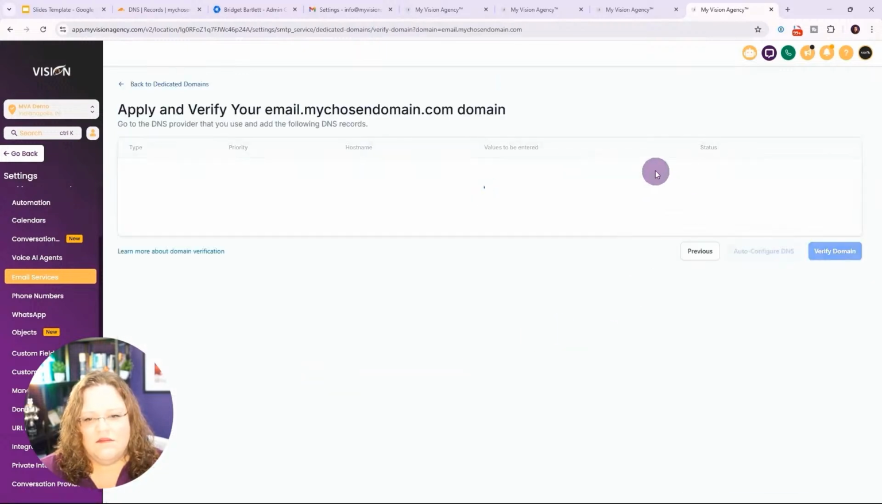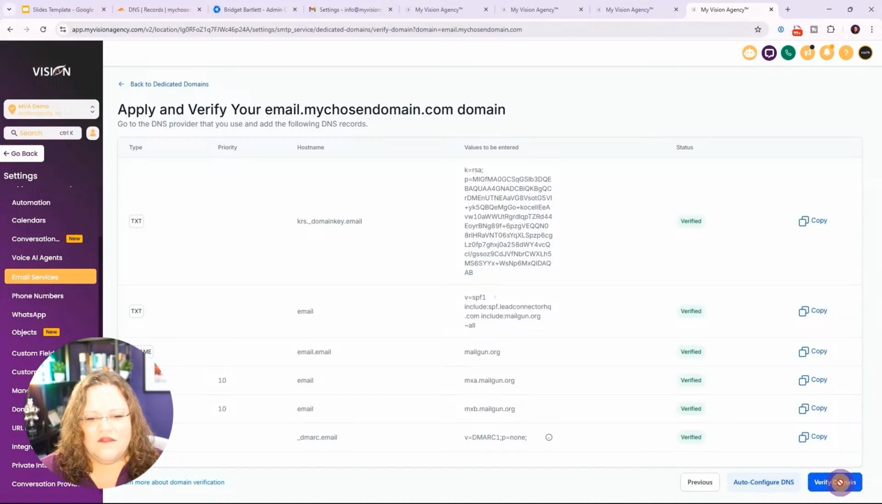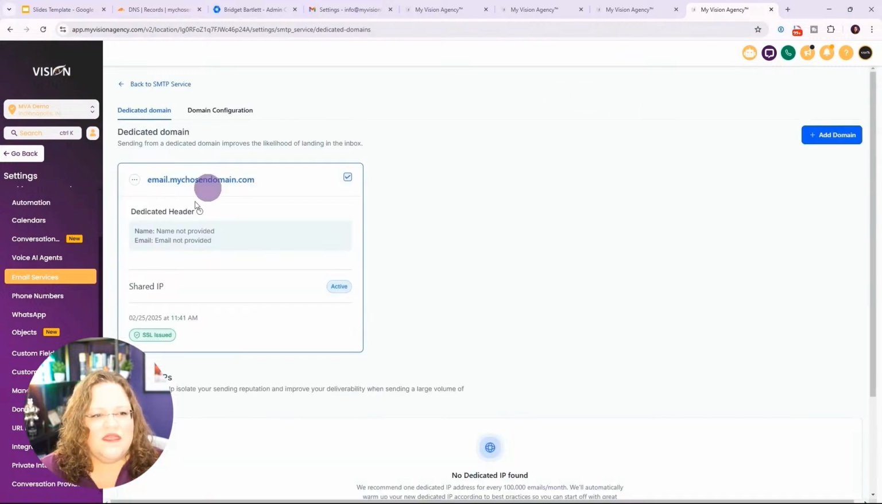Click verify now. And you can see already they're all green. So let's click verify domain. And you'll see here that we have our verified email sending domain. Now, the next thing we want to do with our domain to complete this setup is we want to go